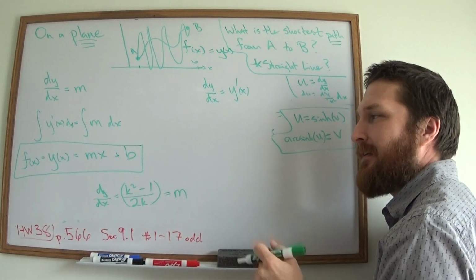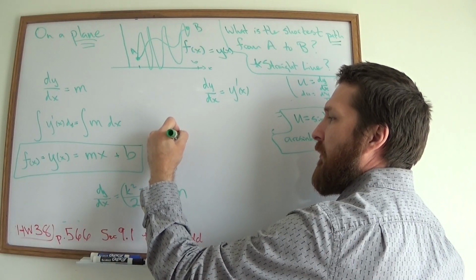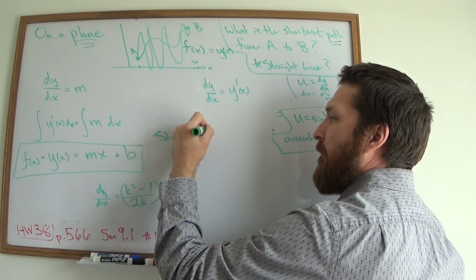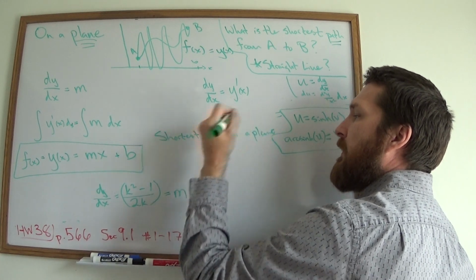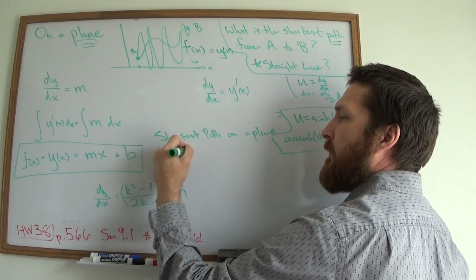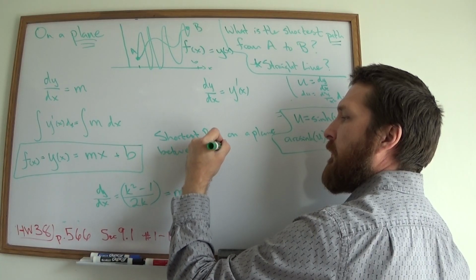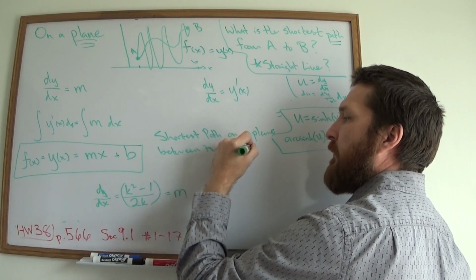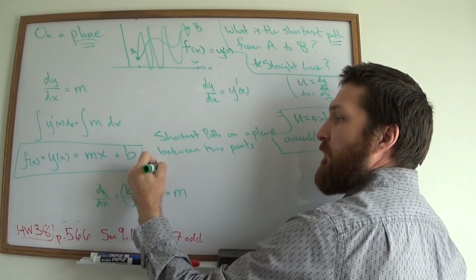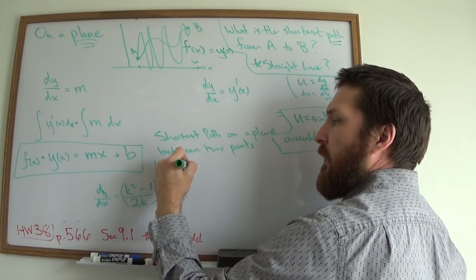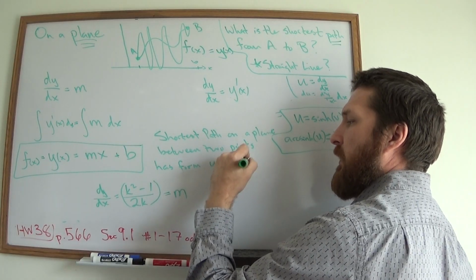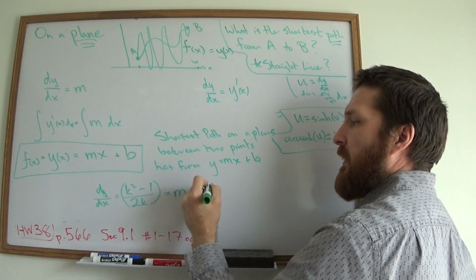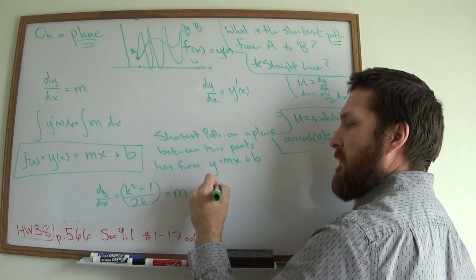So indeed, the shortest path on a plane between 2 points has the form y equals some constant x plus some constant b, i.e. it is a